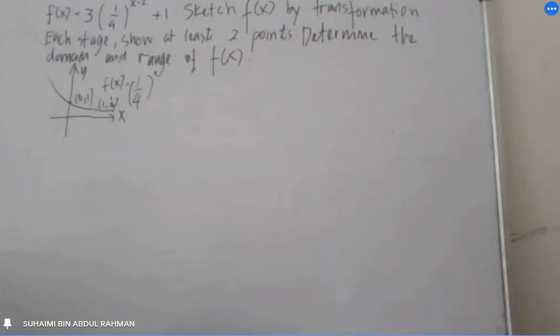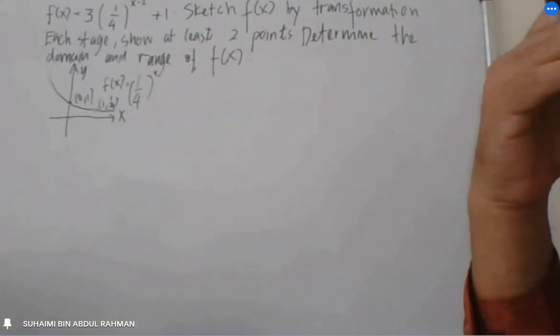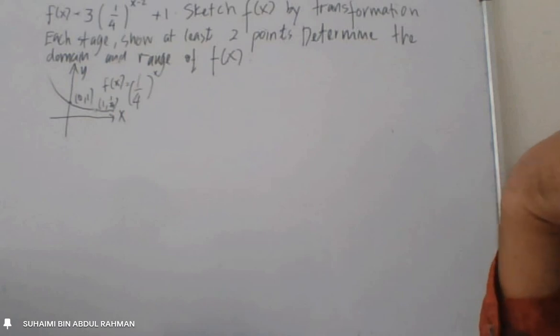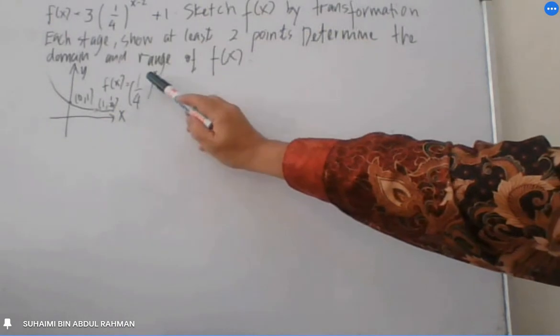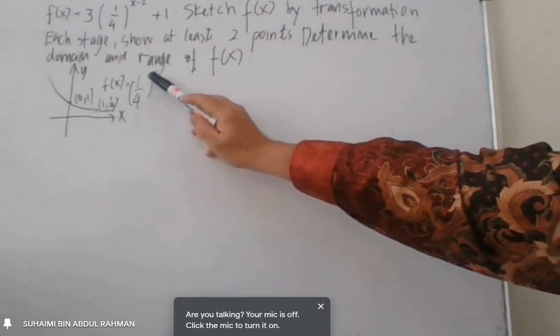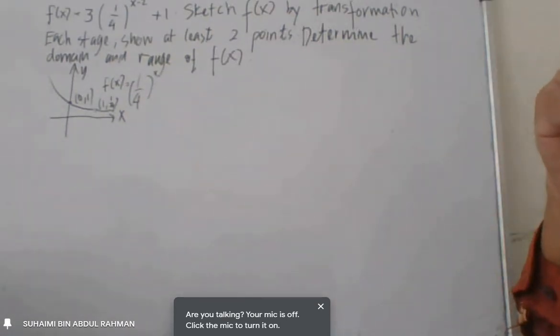How do we get it? Sir, yes, where we choose the exponential graph between 0 and 1. Yes. We look at 1/4. How do we want to know? We use the